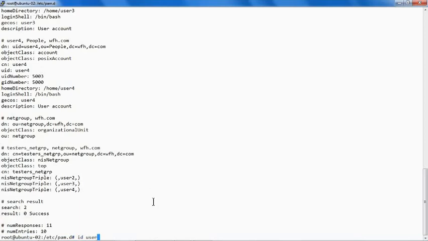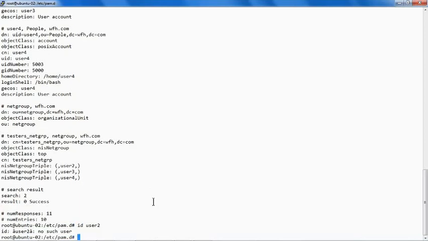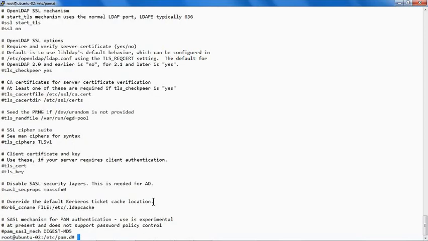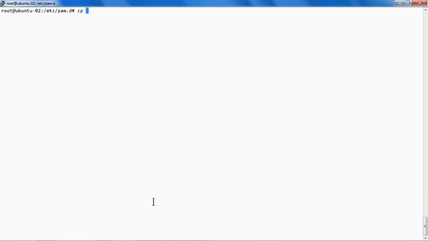But if I try to look for any of those users, it is still not recognizing that user, right? So it is able to fetch the details from LDAP through the LDAP search command, but not able to recognize them. So /etc/ldap/ldap.conf is used by the LDAP utility commands to fetch the details from LDAP. But there is another file, which is cat /etc/ldap.conf. If we see, it has a lot of details. So this is what we would need to modify to make it work,